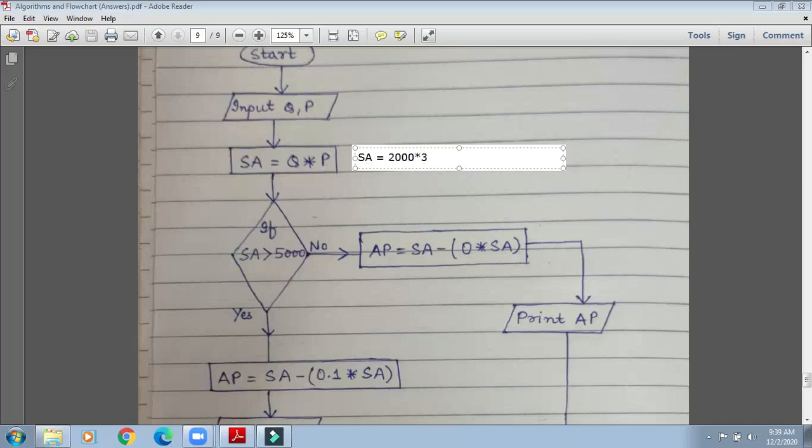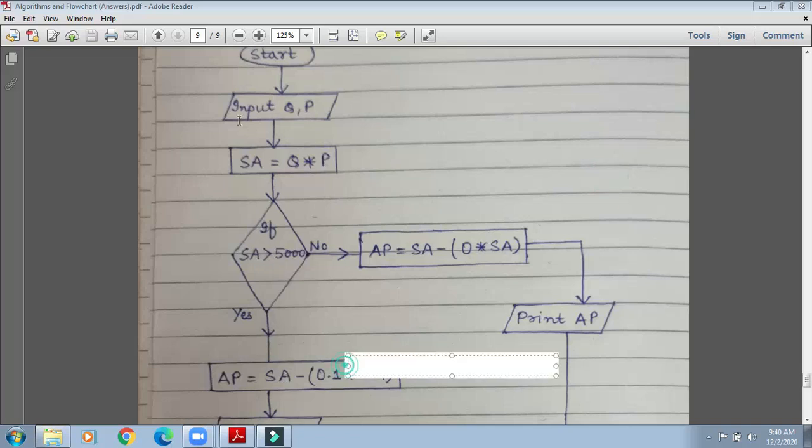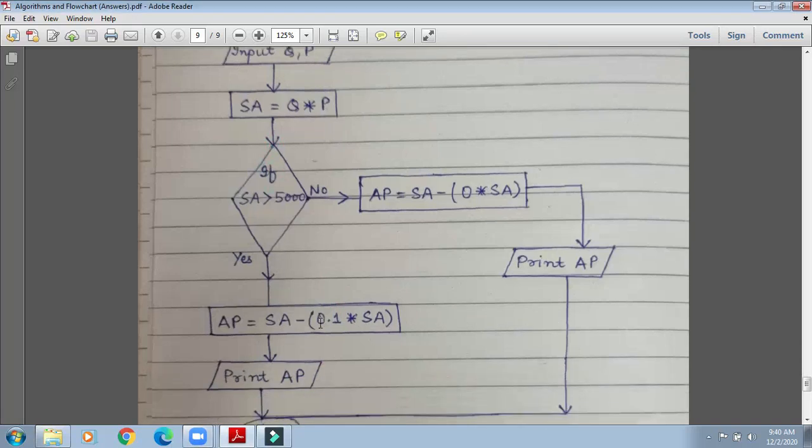So SA equals to 2,000 into 3, 3 into 2,000. It will become 6,000. So 6,000 is greater than 5,000. If SA greater than 5,000, yes, then AP equals to SA minus and then print.